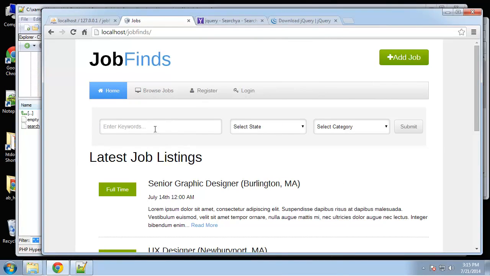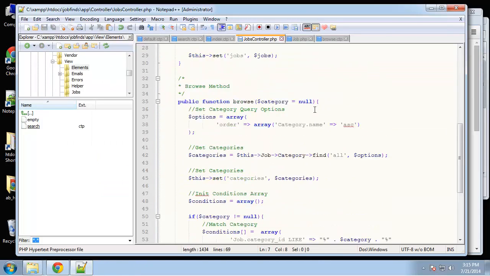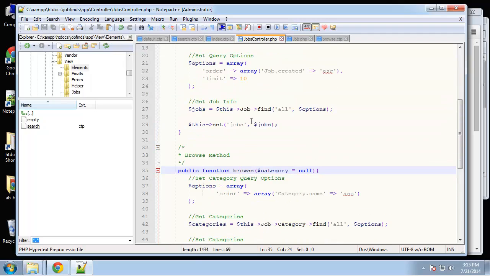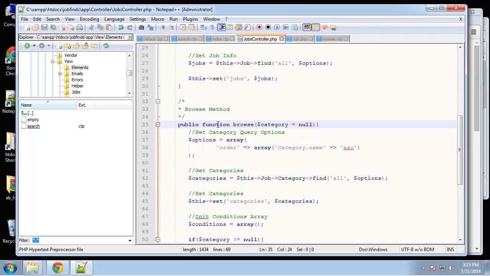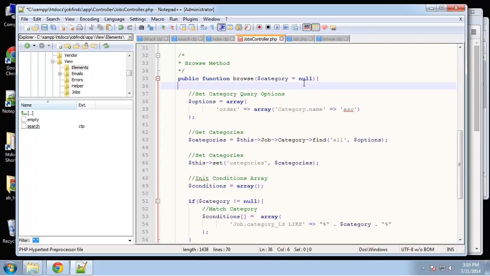Now, in order for these filters to work, we have to do a few things. The first thing we want to do is, inside of the browse function, check for post. We want to see if a form is getting submitted. That's the first thing we want to do. So up at the top,